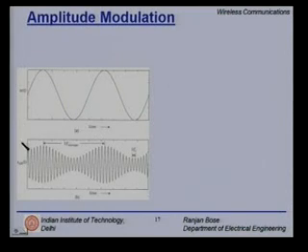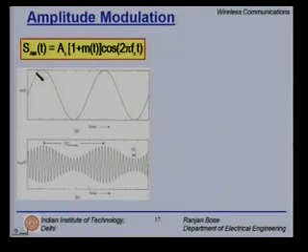Let us look at a very simple example. Let us first talk in the time domain. Here assume this is a part of your message, and the carrier here is modulated with respect to the message. Even though I have taken a pure sinusoid here, it could be any speech signal or any other kind of waveform here. So, in the time domain, the modulated signal can be given as follows. It has the message as well as the carrier.